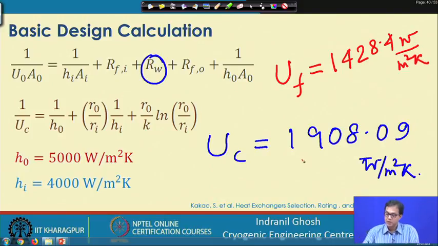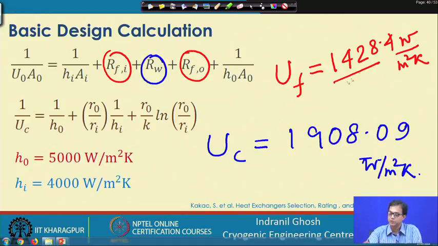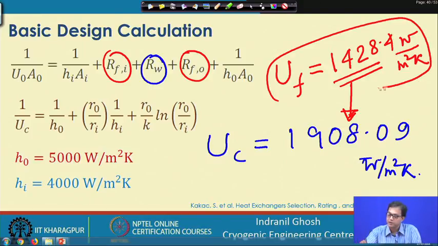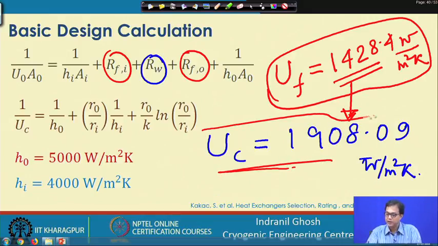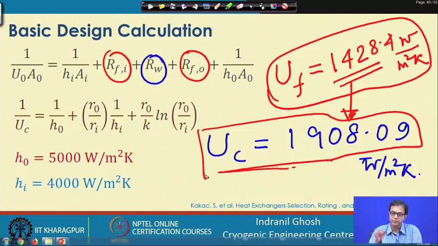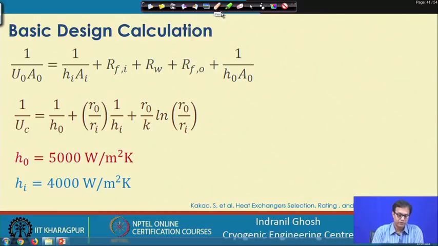So, this resistance, or I am sorry, not this, this is the fouling resistance. When we are considering the fouling resistance, we are finding that the overall heat transfer coefficient is substantially small as compared to the clean heat exchanger. So, now we will try to find out, based on this information,